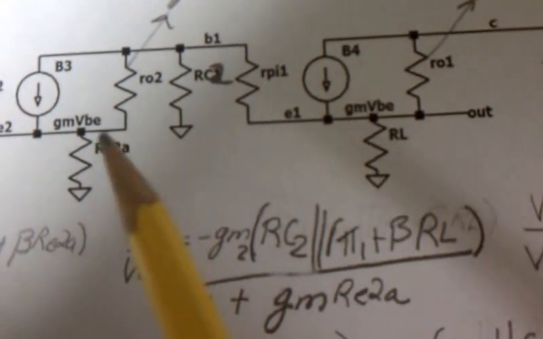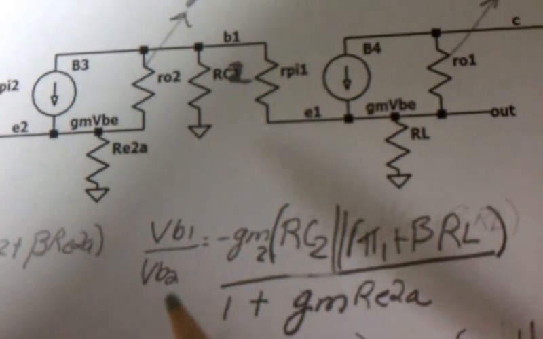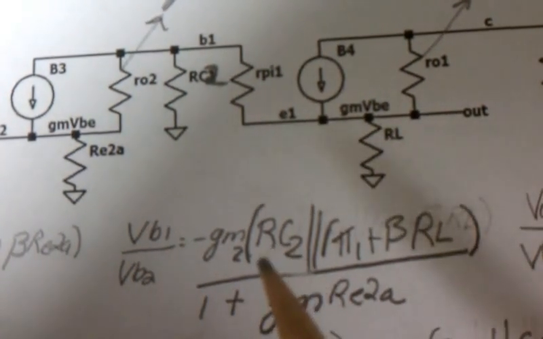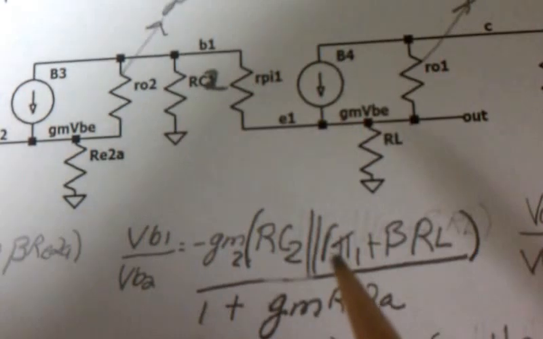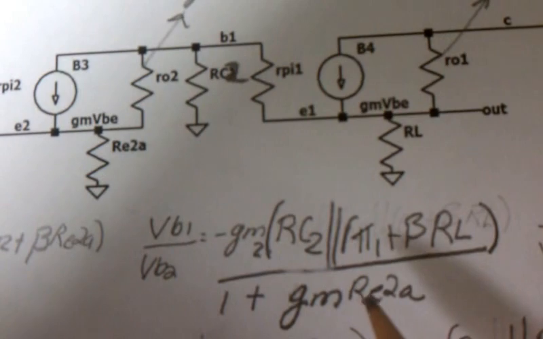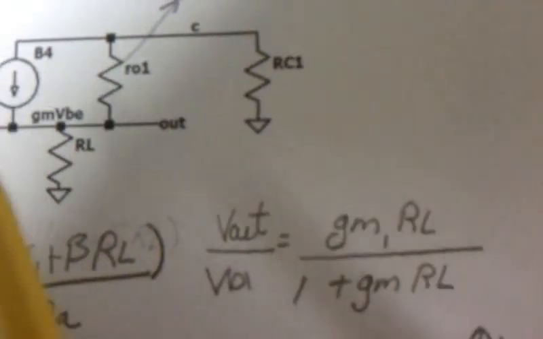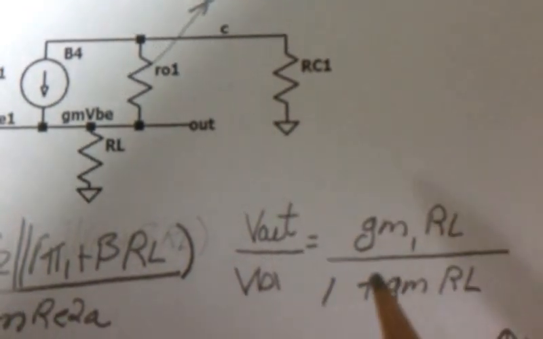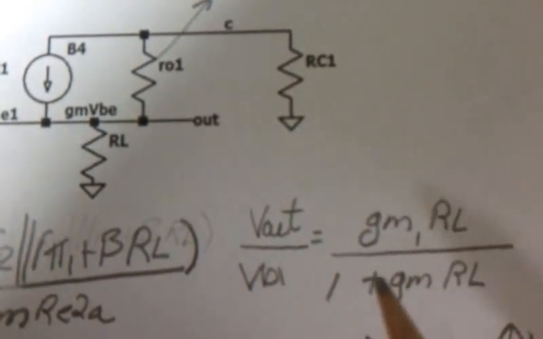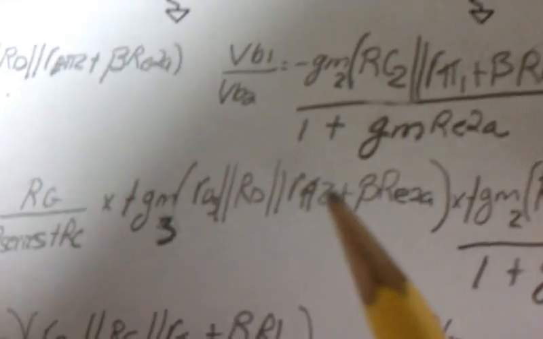Then on this stage, this input becomes this one's load, and I call it VB1. So VB1 divided by VB2 is minus GM RC2 in parallel with R pi plus beta RL, divided by 1 plus GM RE2A, because that's there in the DC. And then the final stage, that's just an easy common emitter stage. How do we get the gain all together? You just multiply the stage gains together, and you get a rather long